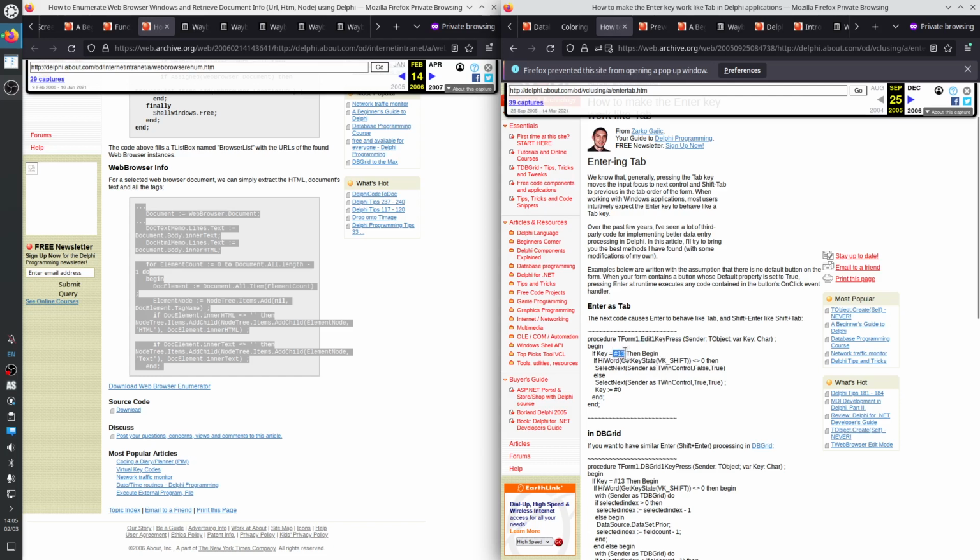If key is \r, which is ASCII code 13, it looks at shift. Shift enter for shift enter.